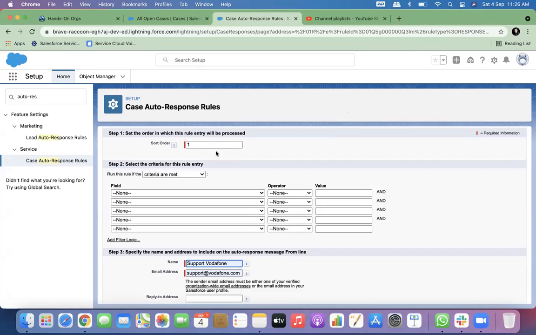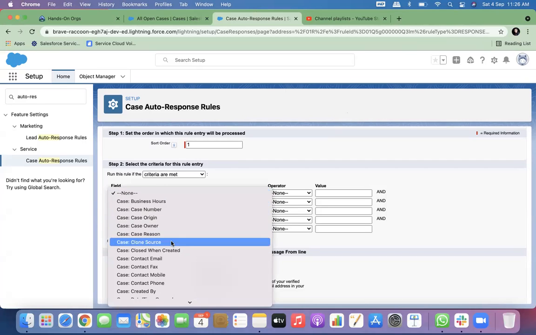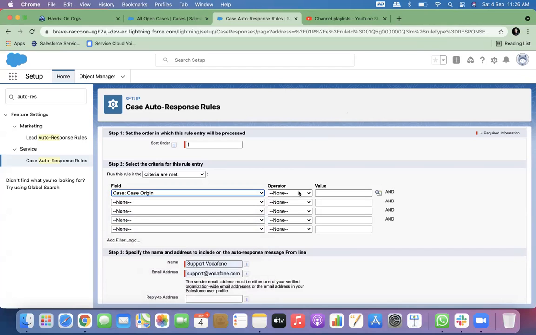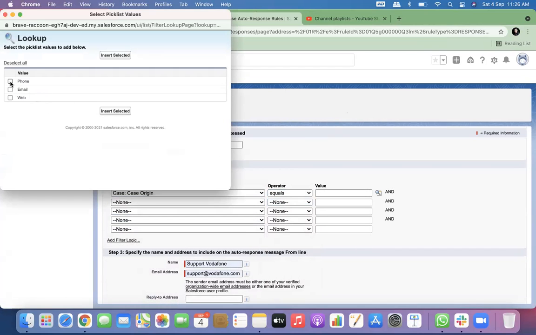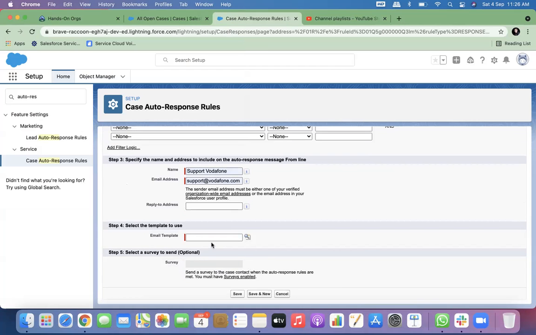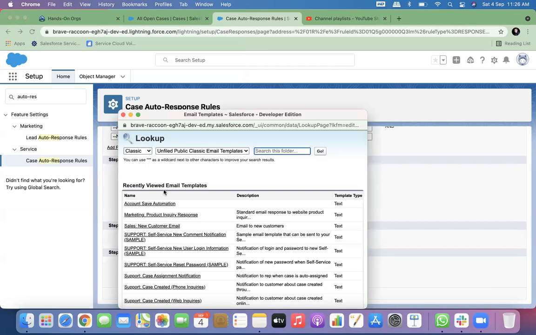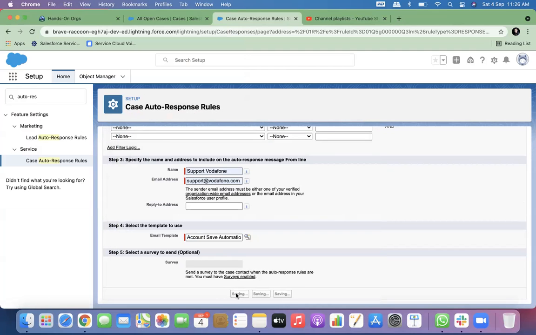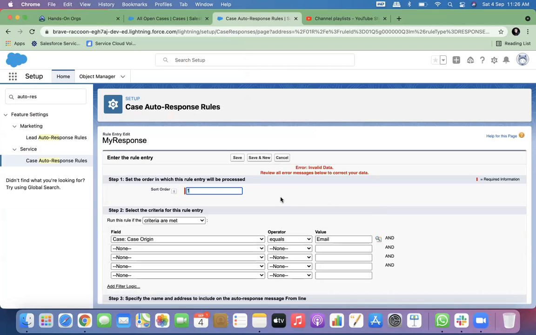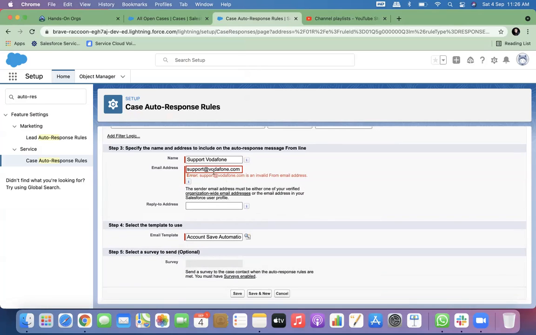Okay, so this is the sort order, and I will give case origin equals to email. I assigned it for email. I will set up a template, and this is my first sort order. So valid email address, from address.